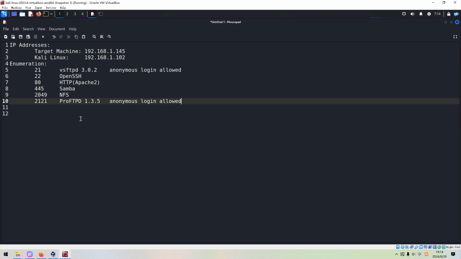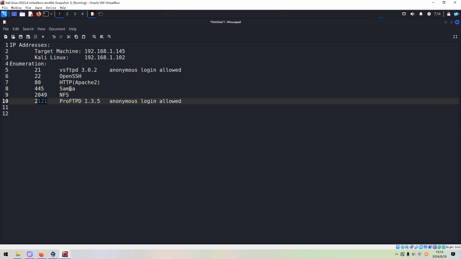In this case, we need to focus first of all on 21 and 445, and also this one and this one, because as the name implies, this machine has a lot to do with file servers.